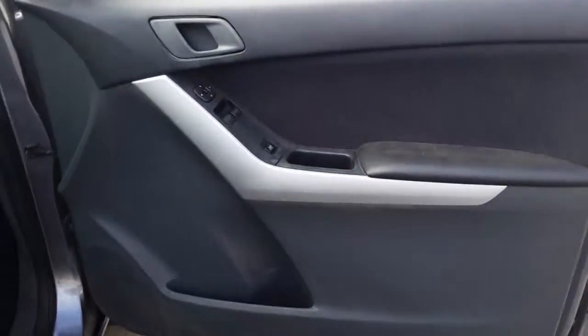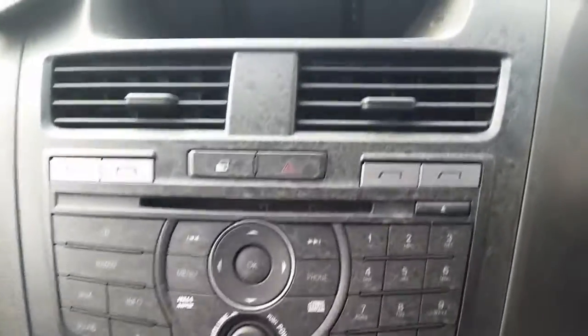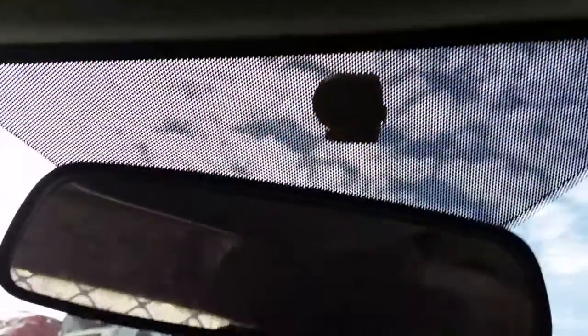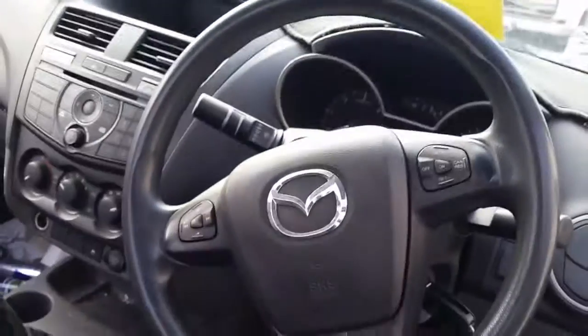We have the driver's side door trim, power window master switch, 2-door type. This vehicle is fitted with black cloth interior. It's got a bench seat type manual console, 6-speed manual gear shifter, heater controls, single stack CD player, display cluster, interior mirror, courtesy lamp, sunglass holder type, left hand sun visor, right hand sun visor, instrument cluster, and a tiny 3-spoke vinyl steering wheel with cruise and audio